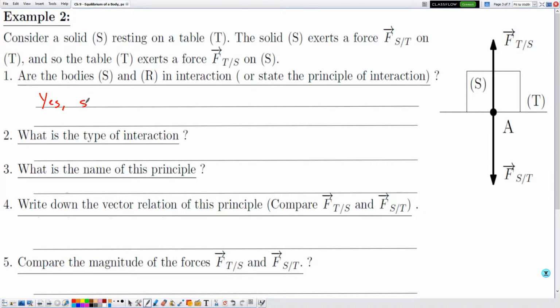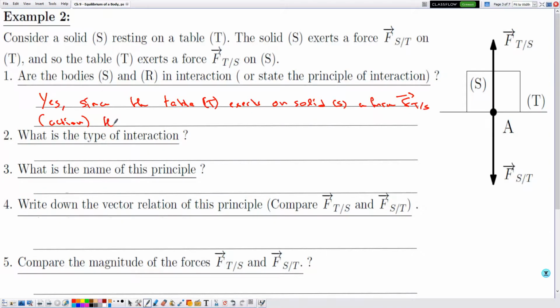So yes, since the table T exerts on solid S a force Ft on S, and this force is classified as the action,